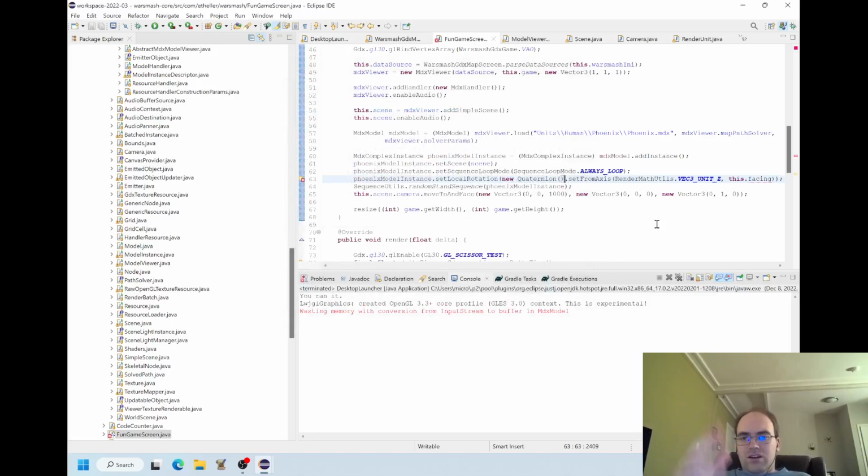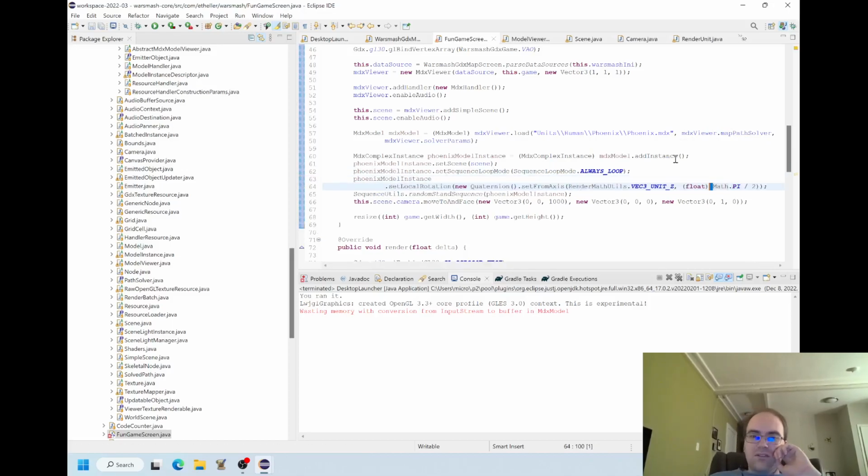Sorry, I just hit the wrong hotkey and popped up some random thing on the screen I didn't need to. But if you look at what I could do now, I could make a new quaternion that is set from axis, and the axis is the unit z-axis, upward. And then the facing angle would be, I want him to turn up vertical. So how much is that? Well, if you think about pi as a half circle, it would be pi over 2 to face upward. So I should be able to say math.pi over 2. And it's going to complain at me because this is not a float, it's a double precision float.